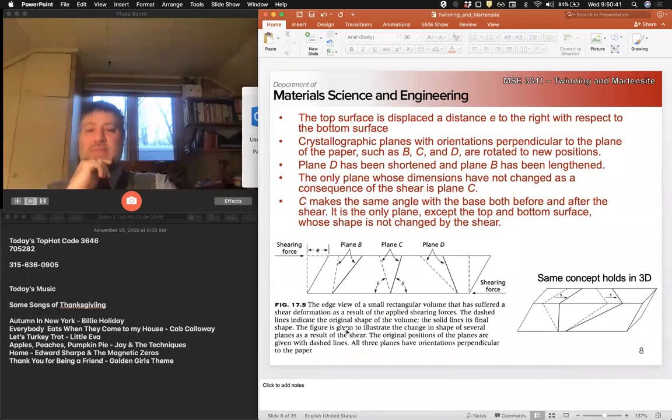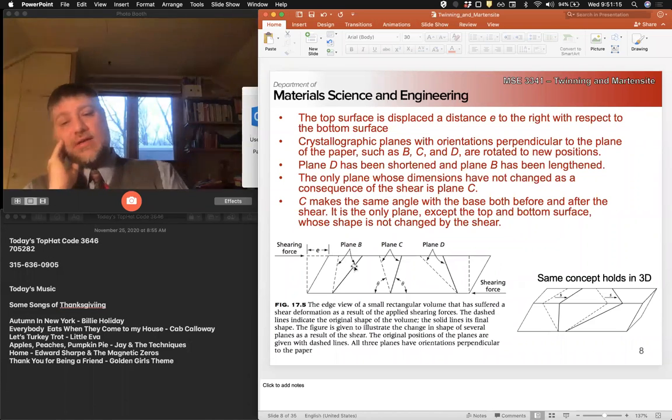in 2D. I'm not sure what you mean by the same energy or lower. Maybe let me go through this real fast and that might answer your question. So in 2D, let's think about shearing this rectangular prism to this parallelogram. Okay, if we think about some plane B here, before we shear it and after we shear it,